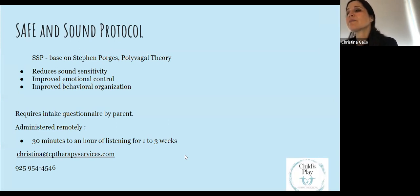And the Dream Pad is something that you don't need an OT for. You can go try it. You can go to Integrated Listening Systems, buy a Dream Pad, give it a try. I think they have a 30-day money back guarantee, but my experience is that once a family has one, they have as many as there are heads in the house because they're so soothing. It's a wonderful product. So the Dream Pad is another product. Safe and Sound is something we use